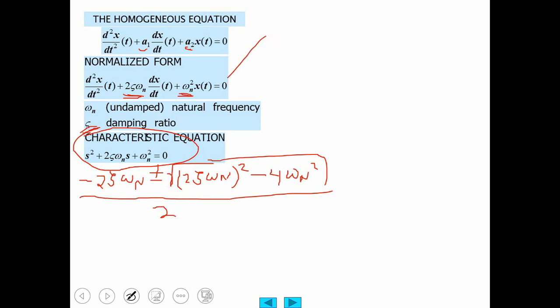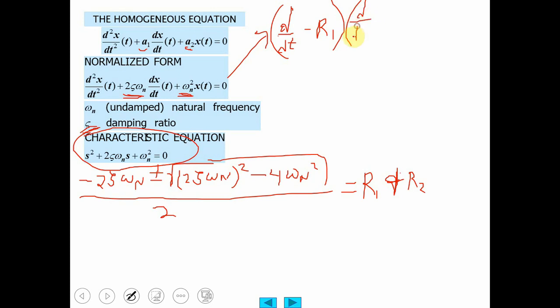You can re-express this. I'm doing things a little differently than the slides and the book, by the way. I'm going to call these roots R1 and R2. Where this is a positive sign, it's R1, and where it's a negative sign, it's R2. You can rewrite this differential equation as d dt minus R1 times d dt minus R2 acting upon x